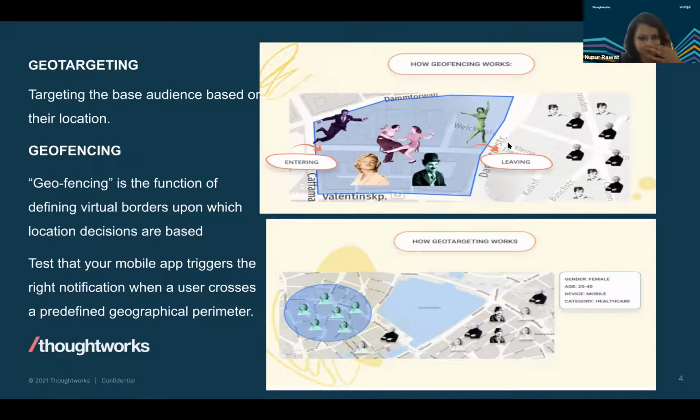There is a virtual boundary that has been drawn, which you can see with a blue line. That can differ from one place to another, depending on how you want to draw that boundary. Anybody who crosses the boundary gets notifications or alerts,